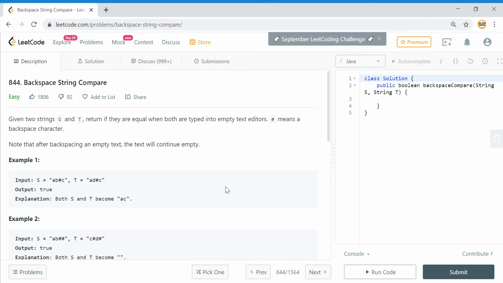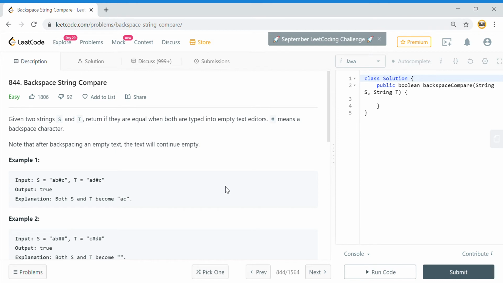This is also a pretty interesting problem, and it is asked in a lot of tech companies like Google, Facebook, Amazon, and Microsoft. And if you see, it is an easy problem because you can use an additional data structure here to solve it, like a stack, and it will be pretty easy.